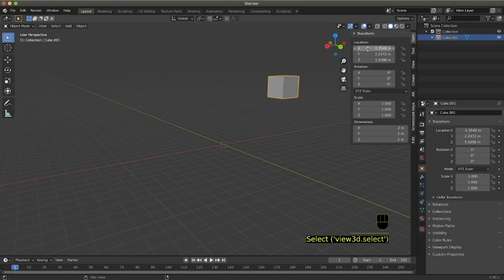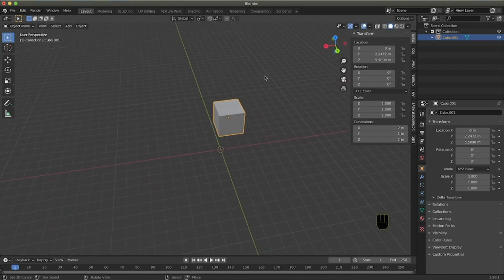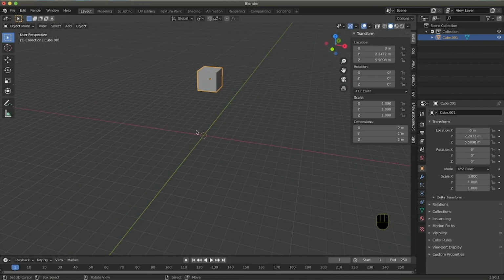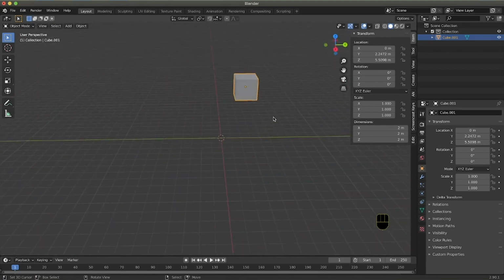I can reset any value by setting it to 0, so I can select one of the columns, type 0, and as you can see, the cube is now at X location 0, with Y 2 point something, and Z 5 point something.